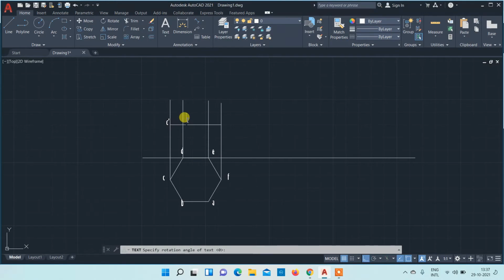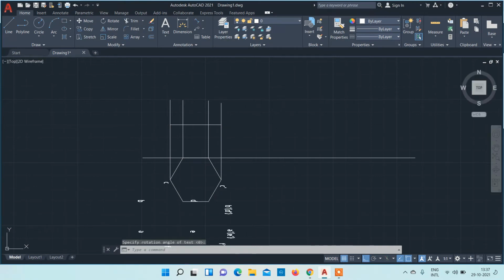This will be B dash, in bracket put D dash. Likewise this point will be A dash, in bracket put E dash. Likewise this point will be F dash. So to avoid confusion, what we can do is that we can,